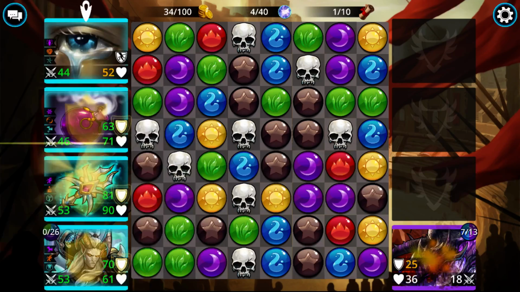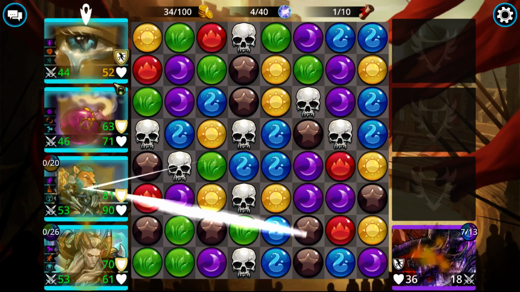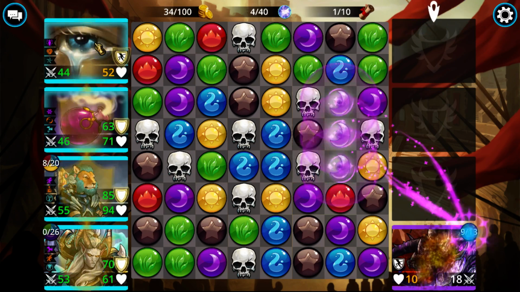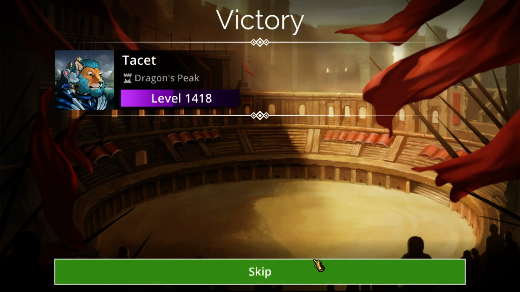Get another Possess on him, I guess, or another Transform. Doesn't look like we can get it. And let's do this into what seems to be a Thrall at this point. For a Skull, that works too. And there we go. Yeah, something along the lines of that is pretty much what I'll be doing for most